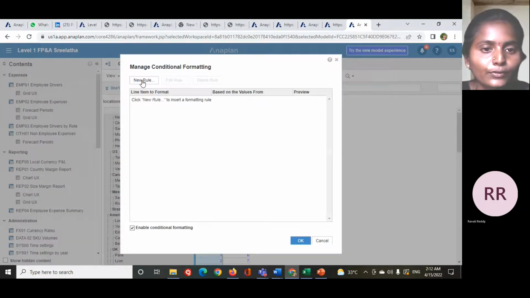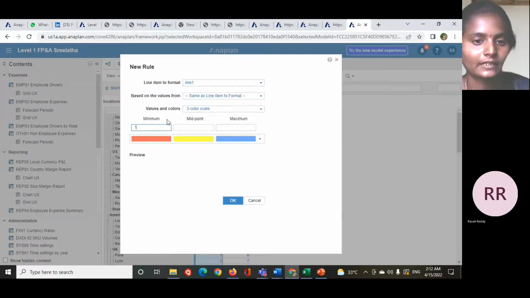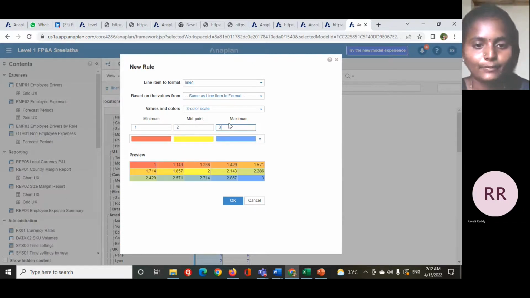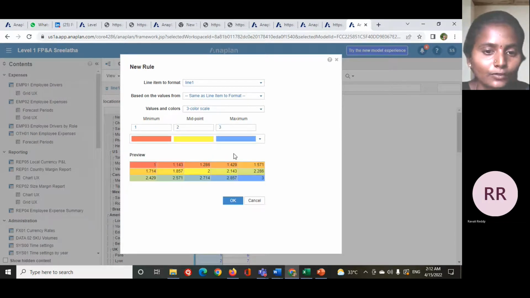Click on new rule, then I will take the 3 color scale, and the minimum value is 1 and 2, mid is 2 and 3 for maximum. If we need to change the color, then we also change the colors. If I don't need to change the color, then click OK,